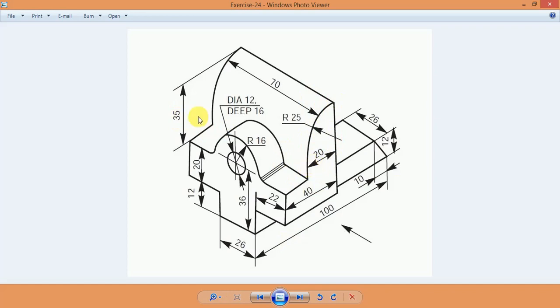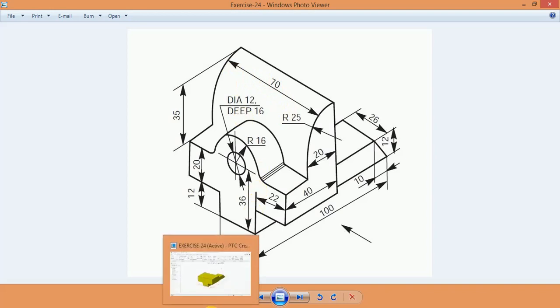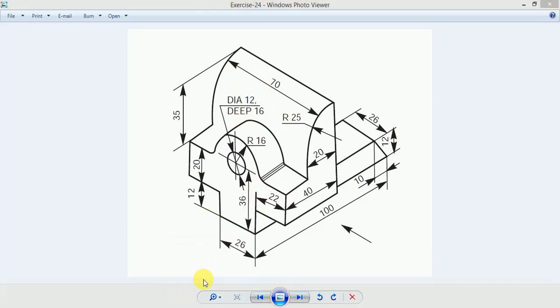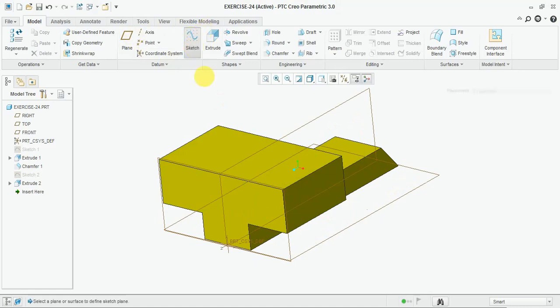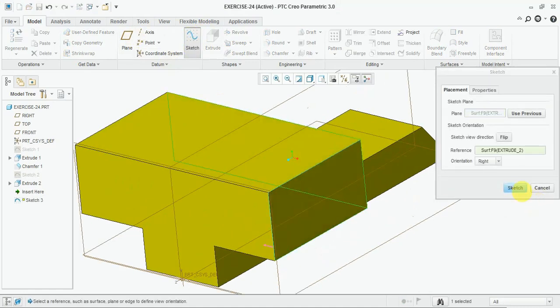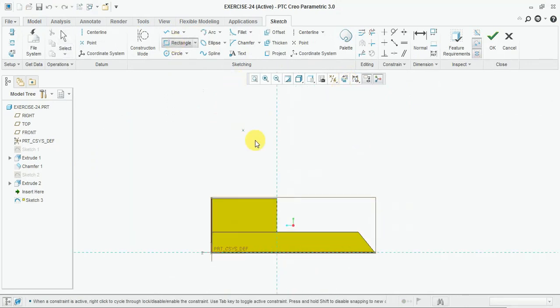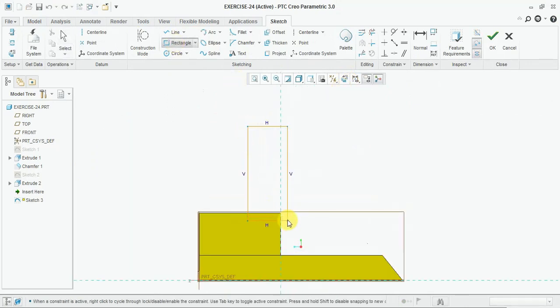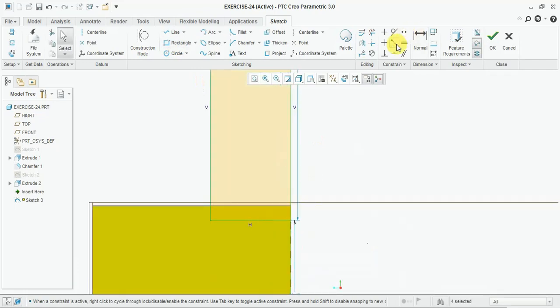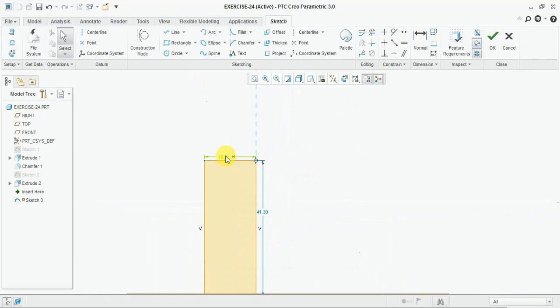Okay, now we make another rectangle, 20 length and 35 height, and extrude up to 70 throughout. So select sketch, select this face. Okay, select rectangle, select coincide with this edge, give the rectangle dimension 20.